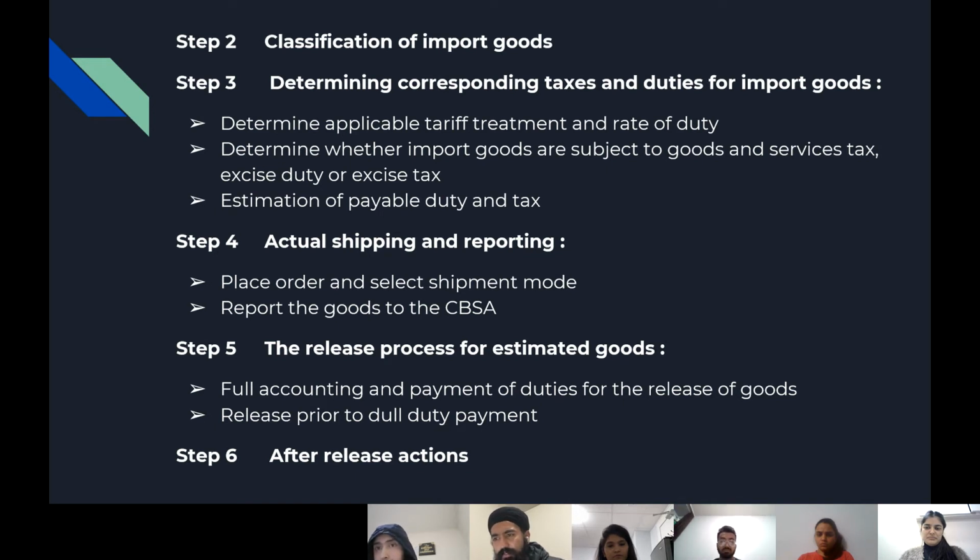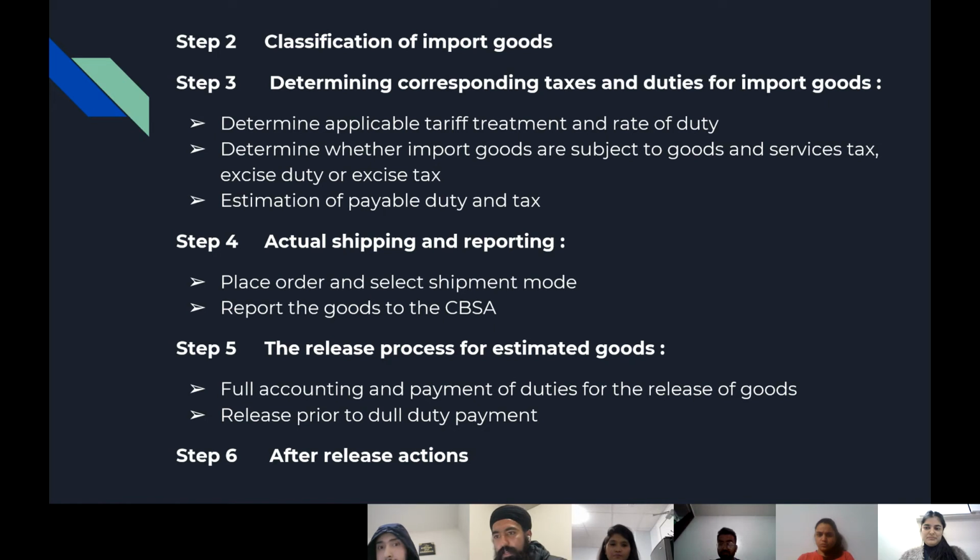Then, the classification of import goods. This step depends on the fulfillment of the requirements provided during the preparation of imports. Once the imported goods have fulfilled the set requirements, the owner must determine the correct classification number for those goods. The numbers are merged with the country or region and are used to determine the total duties the client is required to pay.